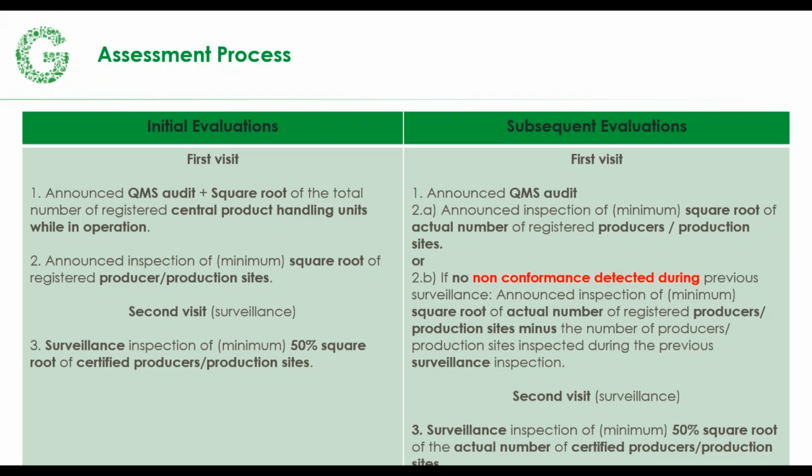The certification body comes back. They give the group 48 hours notice of who they're going to come visit. So that means all of the producers need to be complying with GLOBAL.G.A.P at all times. And then they do half of the square root of the production sites. So it is a continuous all year system that needs to be capable of operating at any time. There are different rules around how many nonconformances are detected during the previous year, but no less than the square root of the actual number of registered producers would be audited externally by the certification body at any time.